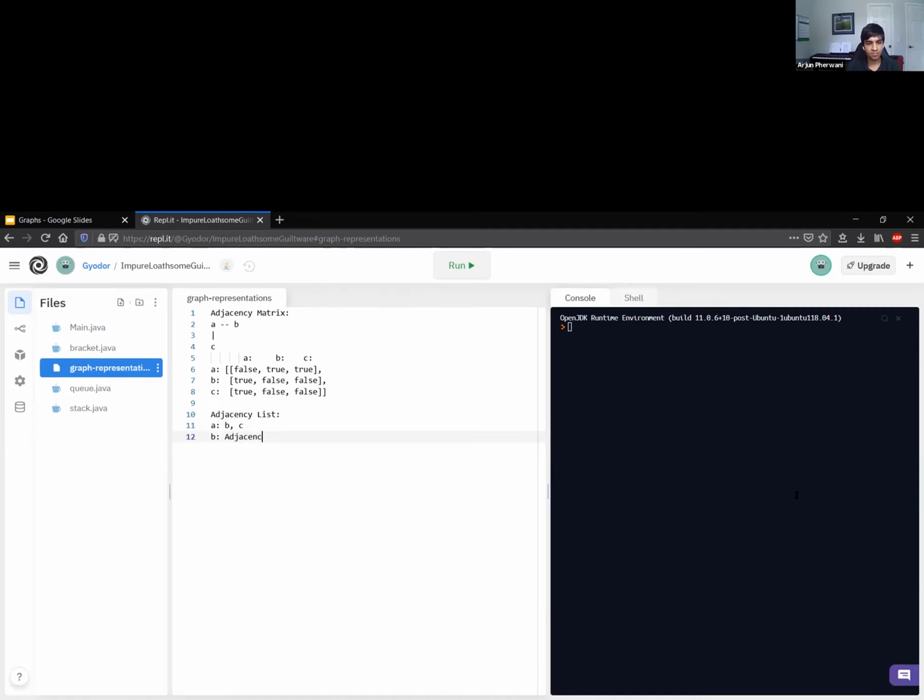And then there's a path from C to A, and that's all. This is an adjacency list. It's just saying for each node, it lists the neighbors out. Make sense? Makes sense. Awesome. All right, the last one is an edge list.